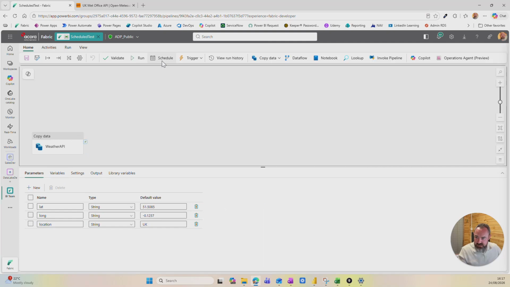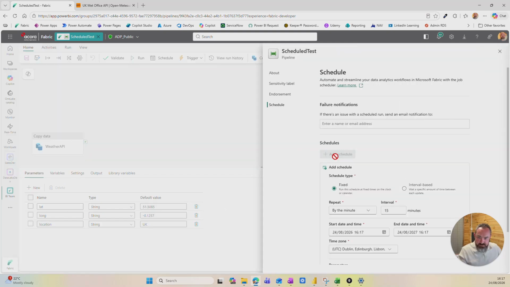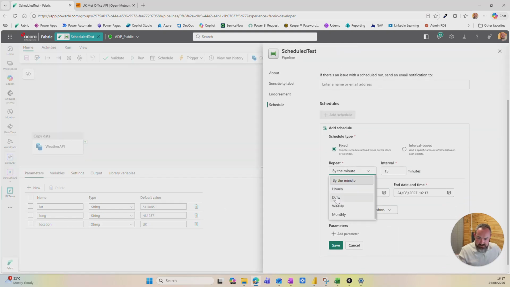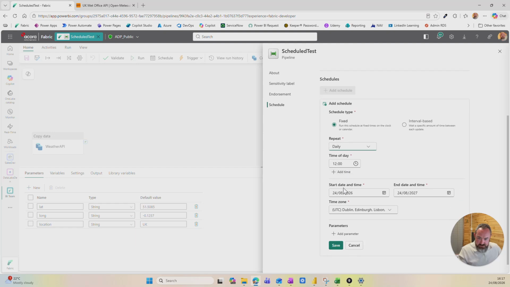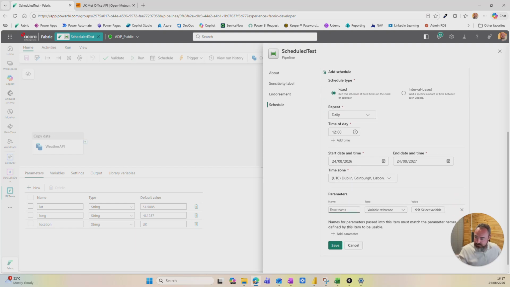So we've got the parameters there. Schedule, add schedule, daily, and here we can set time zones, so you can do it for your different teams in different countries. So add parameters, and we want lat to be a string, and we're just copying exactly what we've put in there. And for the UK, we're going to use the defaults